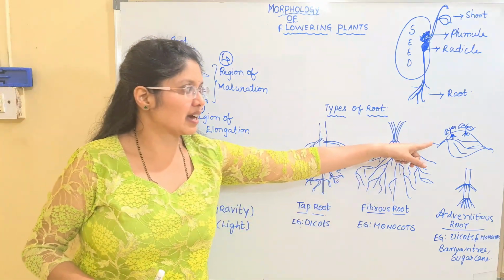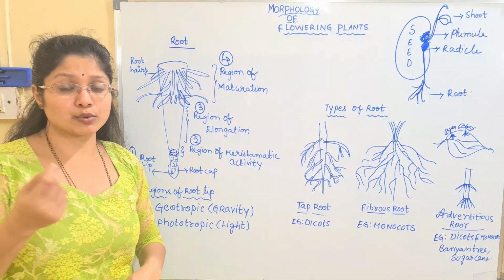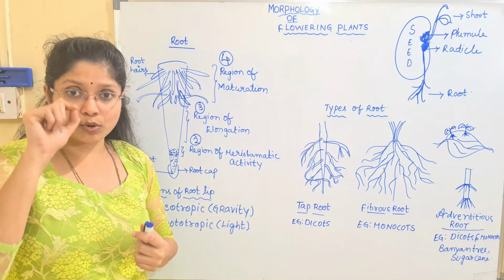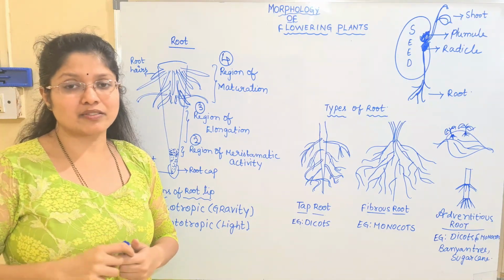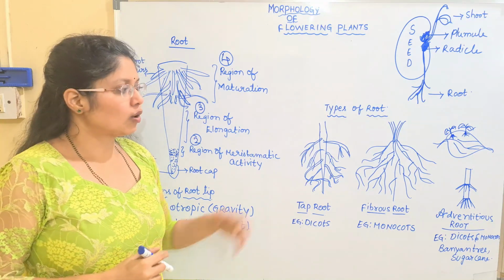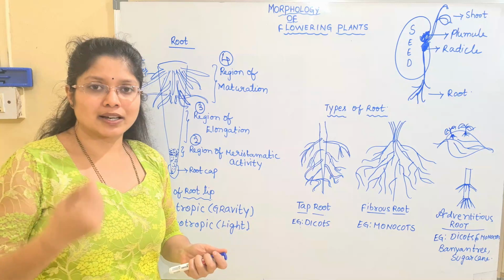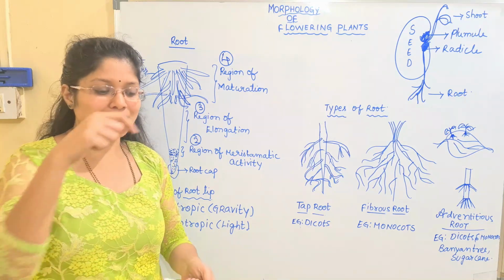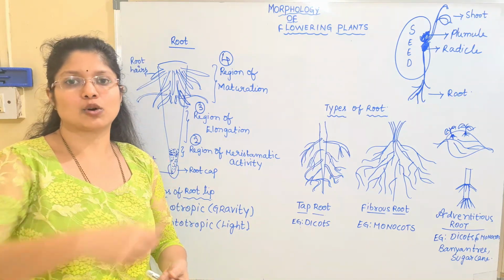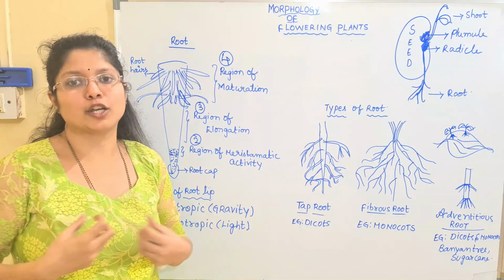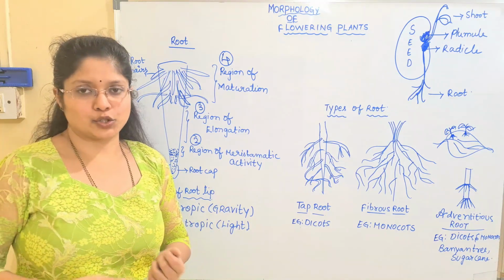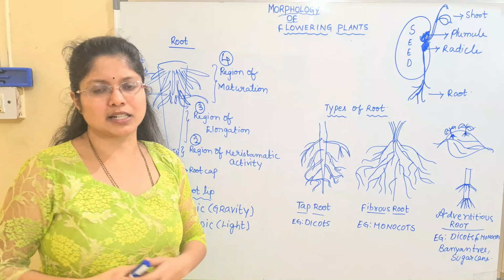Another example I have given: there are certain leaves which are producing new plants. You can see some roots that are produced on the leaves, even in bryophyllum. All these examples will be coming. Sugarcane too: you have the stem cuttings. When you place the stem of the sugarcane inside the soil, you can see the production of many roots from the nodal region. We will be learning all these examples shortly.